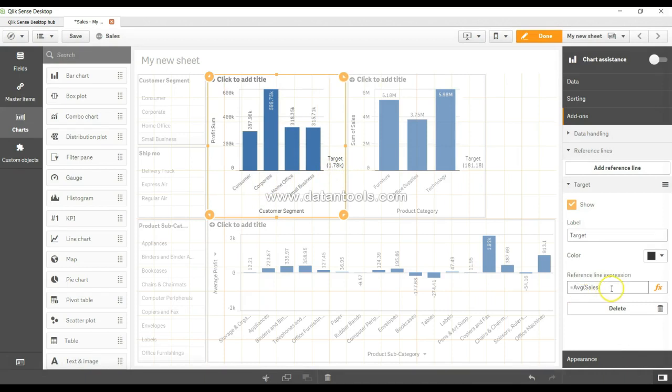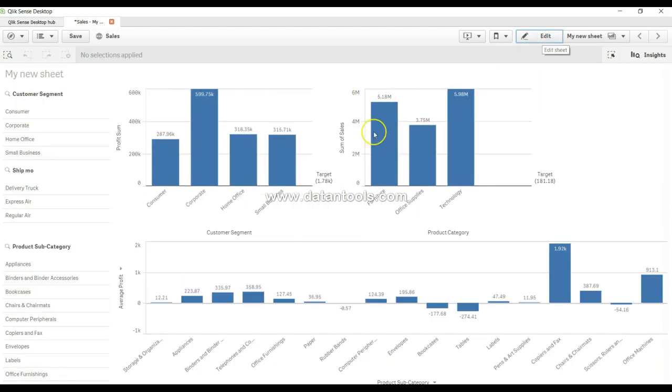But I just wanted to show you that not only can you use a static number, but an expression as well, which makes sense in the case of charts. Once you're done, come back and see it in action. Right now it is not visible because it's right there on the x-axis, but maybe in your case, when it is more meaningful, let's say you want to add a sum or some other expression,